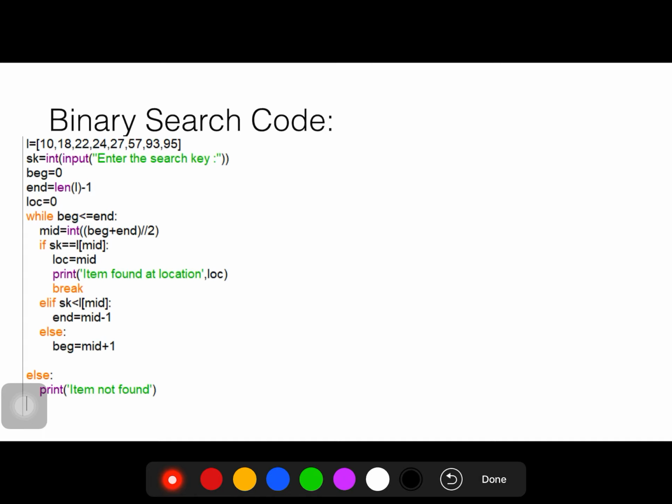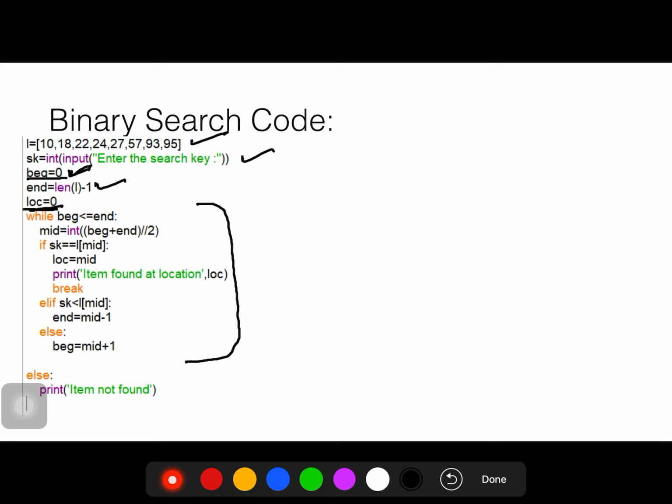Now moving on to the binary search code. We have taken a list, we are getting a search key, we are setting our beginning pointer to point to the first element and end pointer to point at the last element. Location is by default 0.